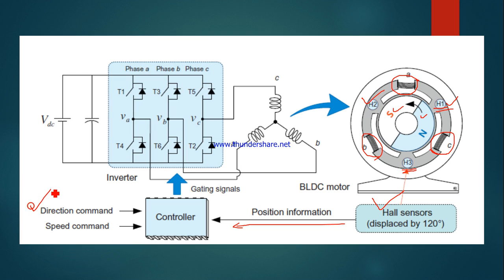You decide the direction, whether it will be clockwise or anti-clockwise. You switch the inverter in that way. Your machine will rotate. You can control the speed. And your dynamic response will be very perfect, because I am predicting the rotor position and applying the voltage to the stator winding. This is very important, which is very difficult for an induction machine.